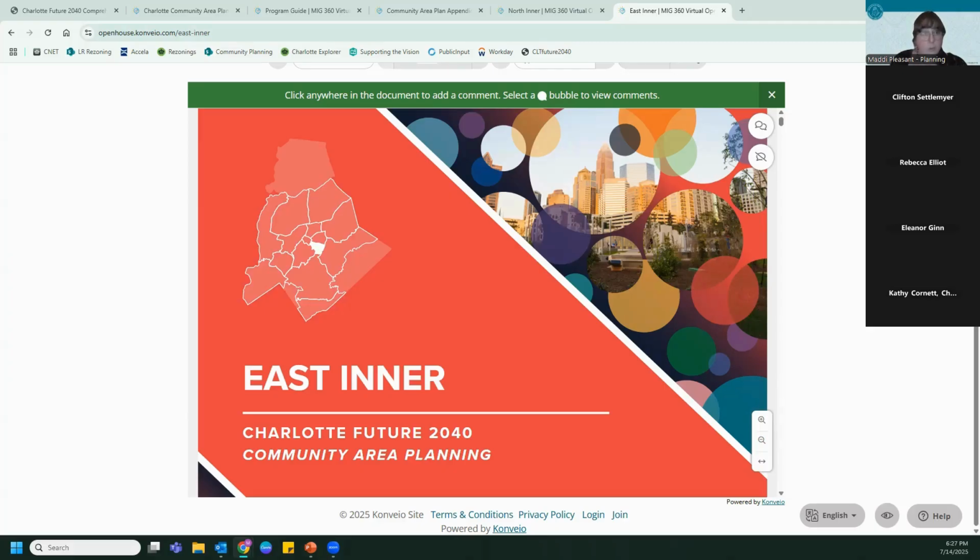So they zoom in a little bit more, because the comprehensive plan is a citywide plan. It's looking at citywide vision, values, and goals. And these community area plans zoom in more to start looking at projects and programs and geography specific elements, as well as providing some common policy guidance and things like that. Okay, thank you. Sure.